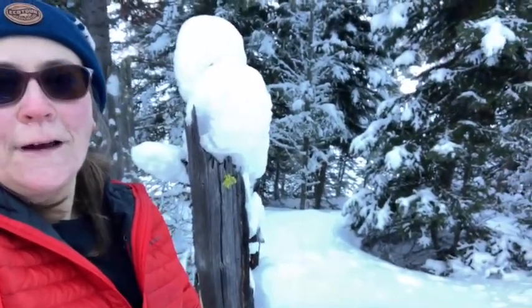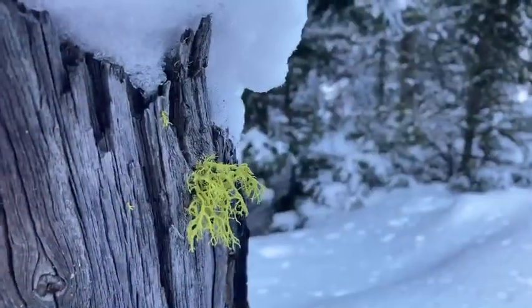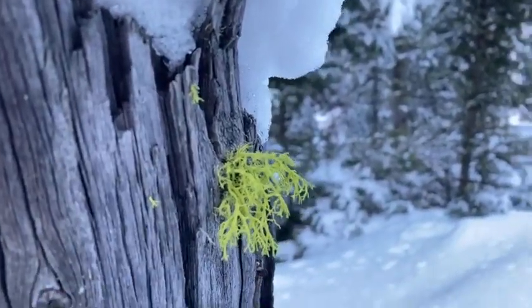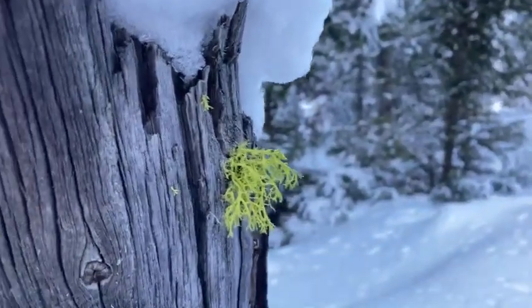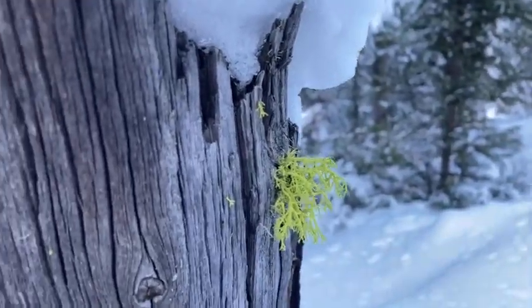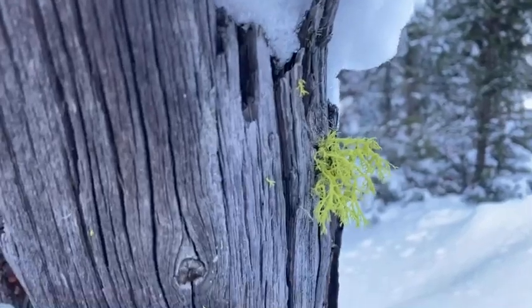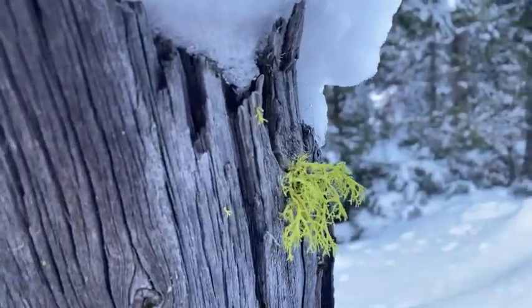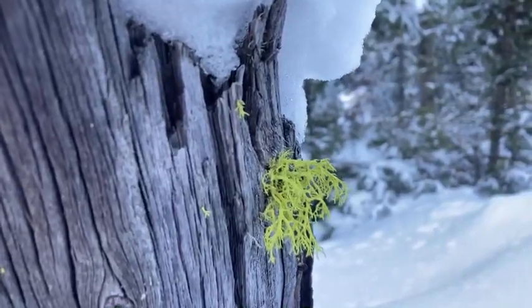But I'm going to cheat a little bit. We're going to talk about this little wolf lichen that's growing on this old tree stump. This neon green beauty is Letharia vulpina. And if you know your Latin, vulpin is from fox, not wolf. But locally we know it as wolf lichen, and it gets its name in both cases from vulpinic acid, which